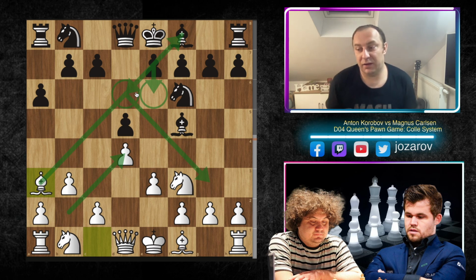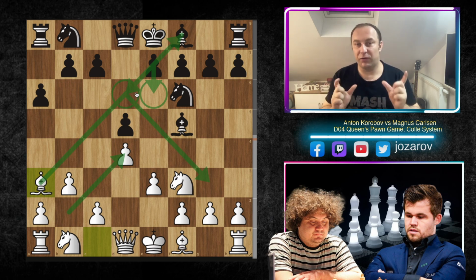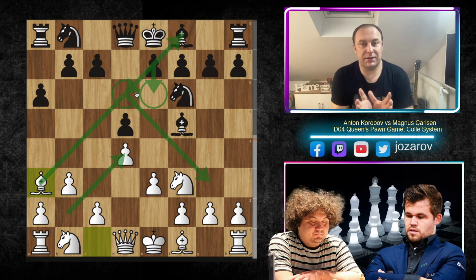So I think we have to really understand the common evaluations of minor pieces in these types of structures. Actually, as I said, White is trying to give up a bad piece for his opponent's bad piece, a good piece here on f8. So here the